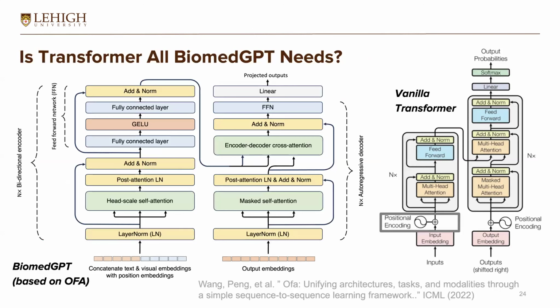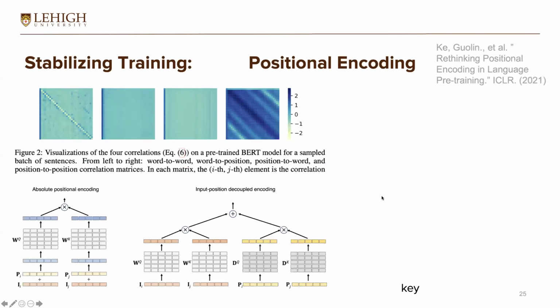Actually, it's not. We realized that in the vanilla transformer and OFA, one important thing is the positional encoding, which describes the distance between any two tokens. We were rethinking whether the original architecture already does the best work for the model. Actually, we realized it doesn't. So we tried to adjust it for multimodal data, and we propose a new positional encoding solution.